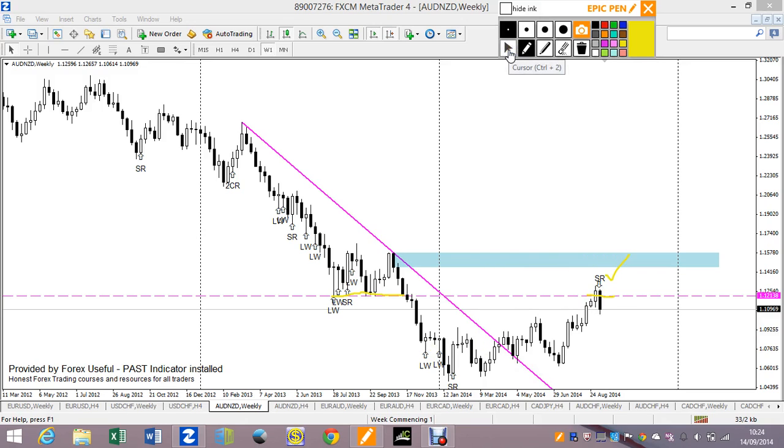What puts me off about this setup is the weakness, or the potential weakness, of both the Aussie and the Kiwi. If you look at them against the dollar, they've both just completely been annihilated in the last few weeks. So 2 weak currencies together, we could just see consolidation going along here before either a move up or a move down. That's what puts me off about the Aussie Kiwi. However,